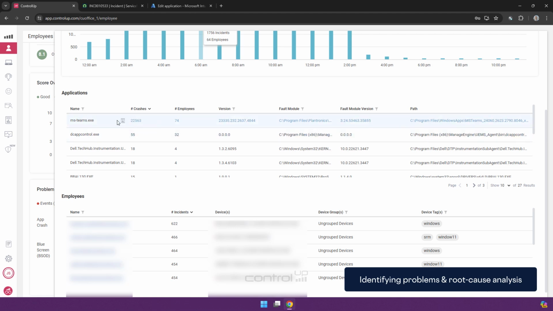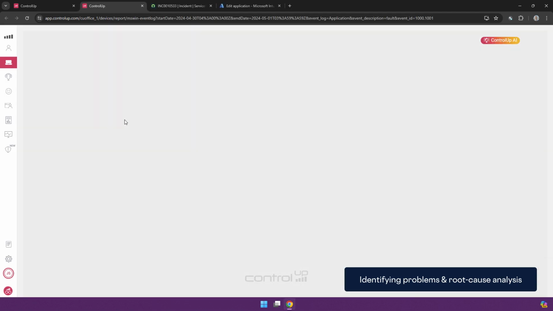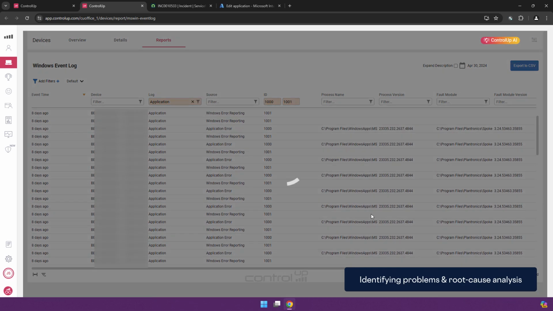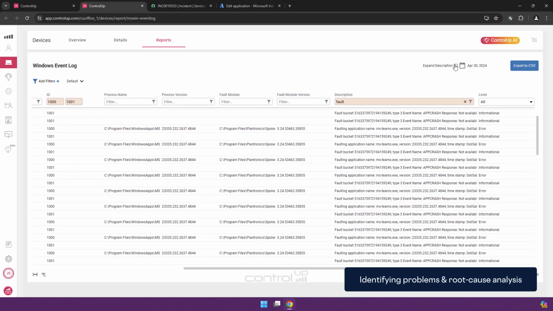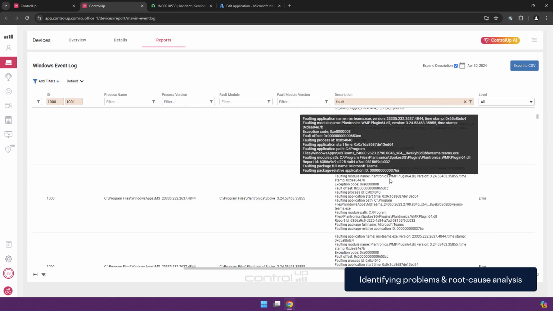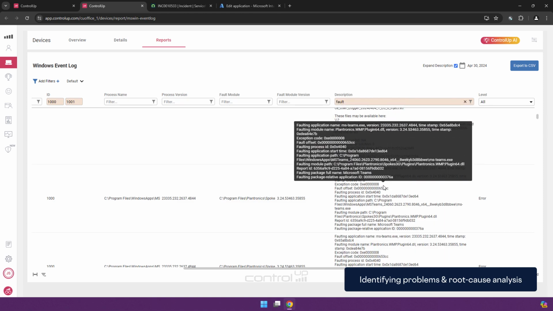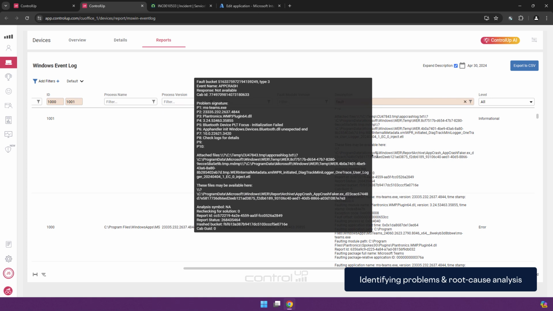I get some basic information, but I can drill down even further by clicking on this icon, which will provide me with a report which gives me more details about the specific application crash happening at that time. If we expand the description, we can see the various application crashes that were collected from Windows event logs, as well as more detail in the following event ID, which provides more information on the issue, including log files, the faulting module, which in this case is PLT Focus, which is our Plantronics device, and other relevant information that can help root cause analysis and troubleshooting.